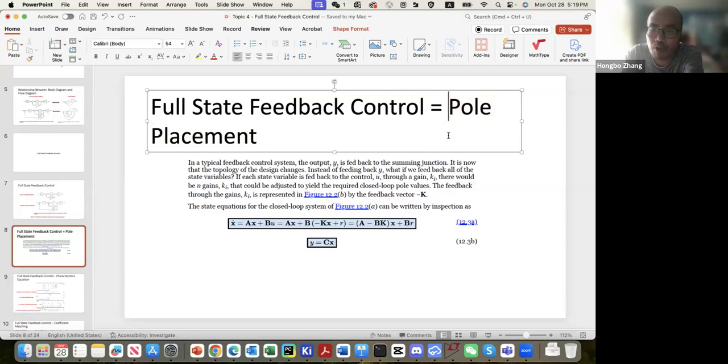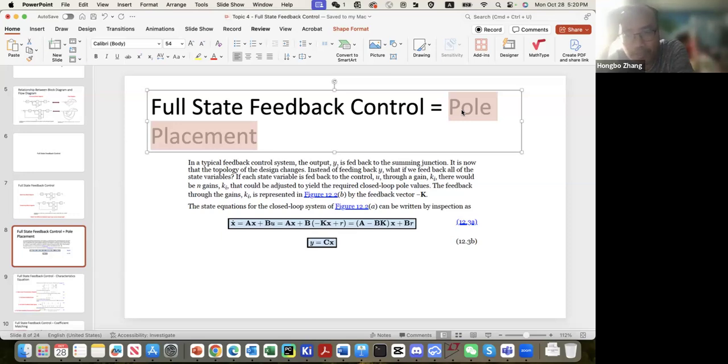Because based on user requirements, we know the settling time requirement, say 1.2 seconds. We also know the overshoot requirement. These are two things we know. However, we do not know the poles. As we know from your class on feedback, as long as we know the overshoot and the settling time, we can calculate the poles. If we can calculate poles that satisfy the settling time as well as overshoot, that means we can